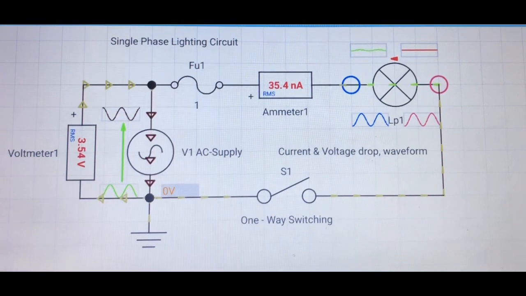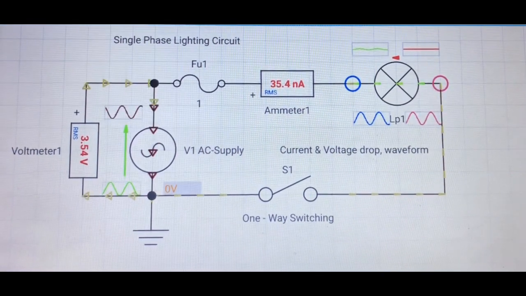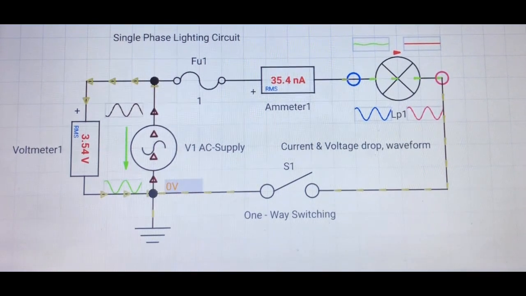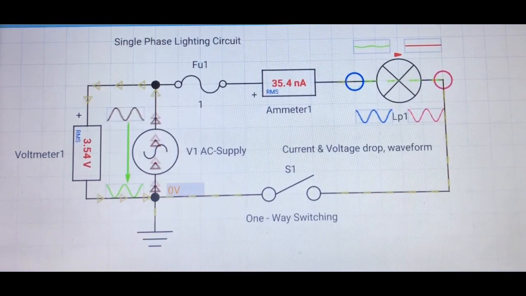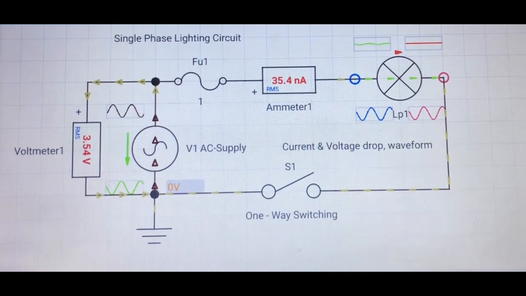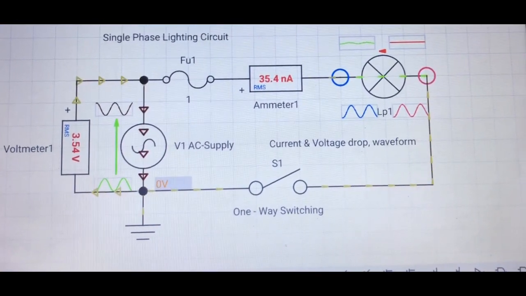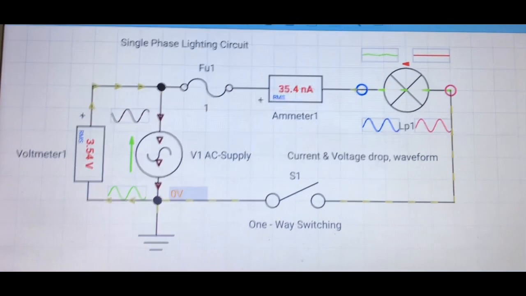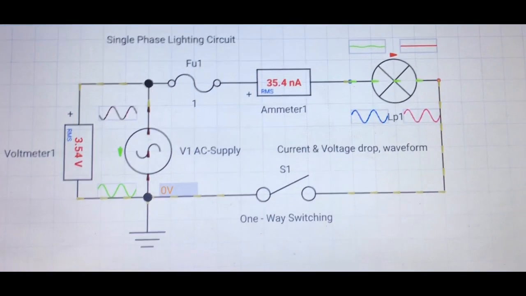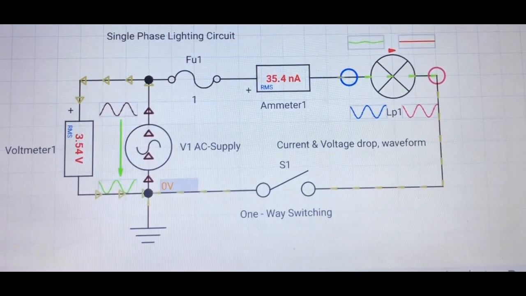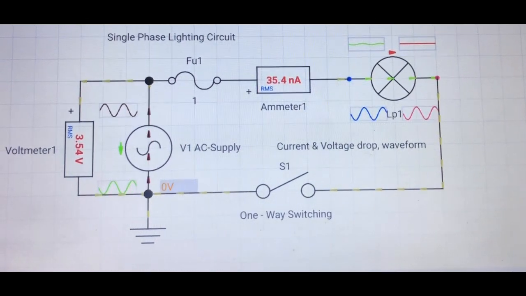You see, when the one-way switch is on the open side of the single-phase lighting circuit, the lamp doesn't light up, and the current flowing through ammeter 1 is 35.4 nanoamps and the voltage across voltmeter 1 is 3.54 volts. The arrow between the supply voltage shows the direction of the supply flow moving in both directions. Even when the one-way switch in the circuit is in the open position, the reading on voltmeter 1 stays the same,